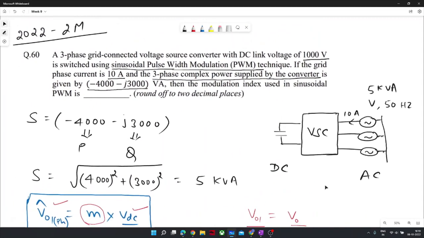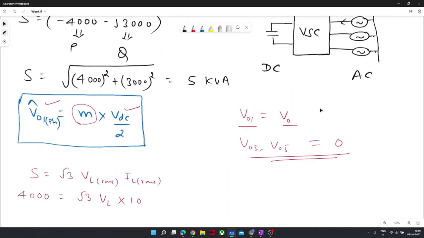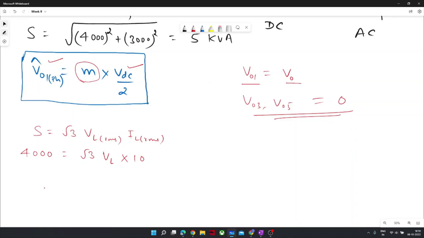Generally, if nothing is mentioned, you have to assume that it is connected in a star. So in a star connection, line is equal to phase. And for that reason, I am writing IL RMS is equal to 10 ampere. So we can compute VL RMS easily here, and that will come out to be